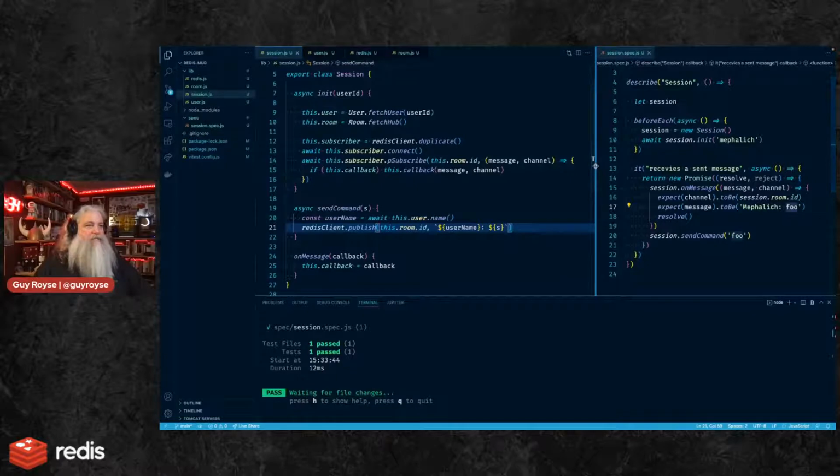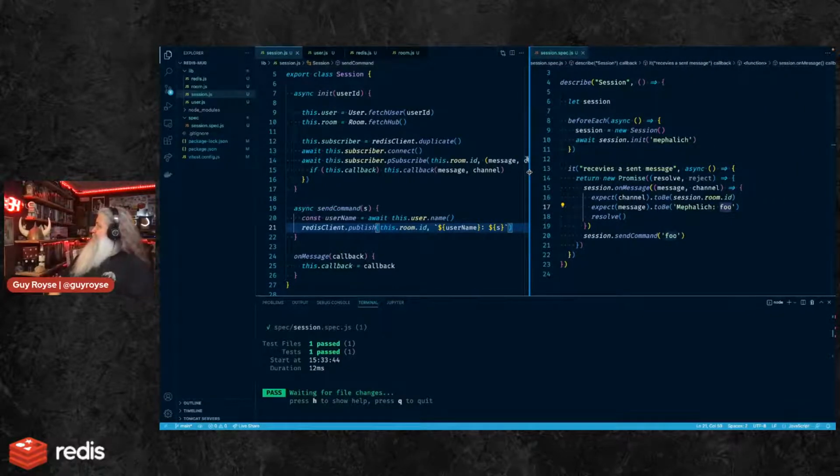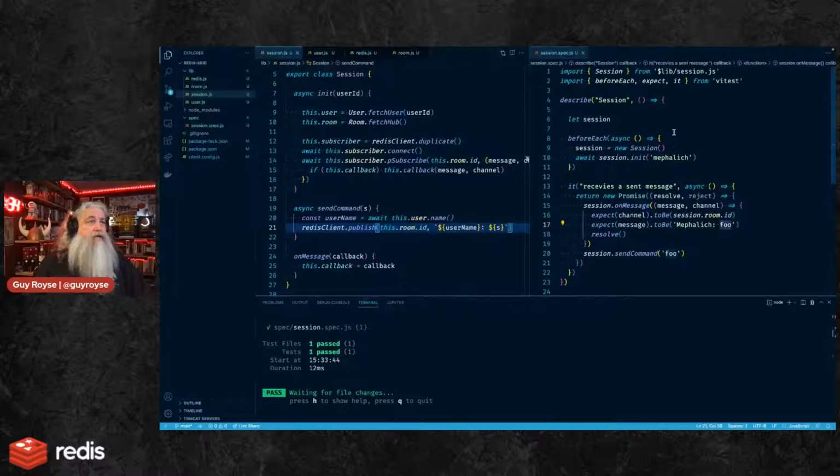So let's look at our tests. How am I doing on time? That's 3:30 already. I got about half an hour yet to go on this. So I'm going to go about another half hour, and then I'm going to call it a day. It's Friday. I've got a weekend to look forward to.